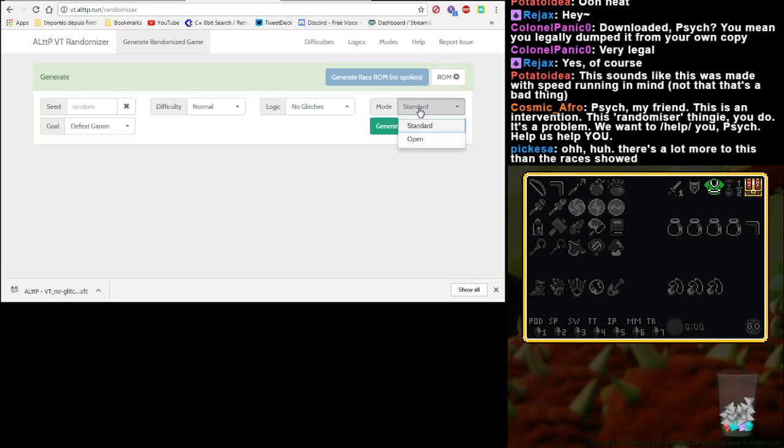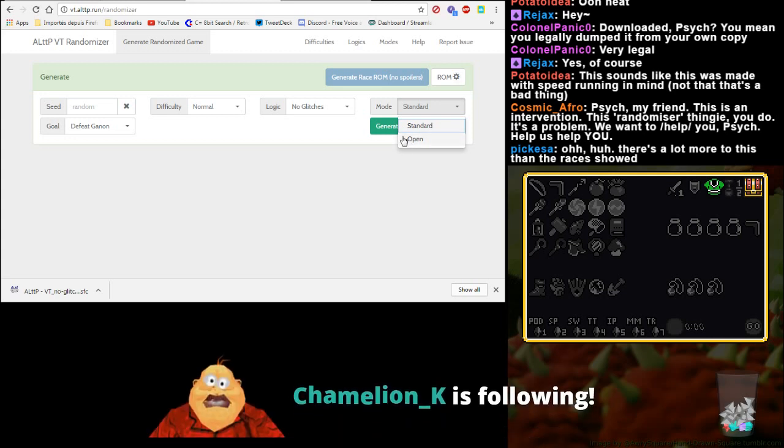Also, mode: standard or open. Standard will make the game start like your usual game, but if you put it on open, you get a